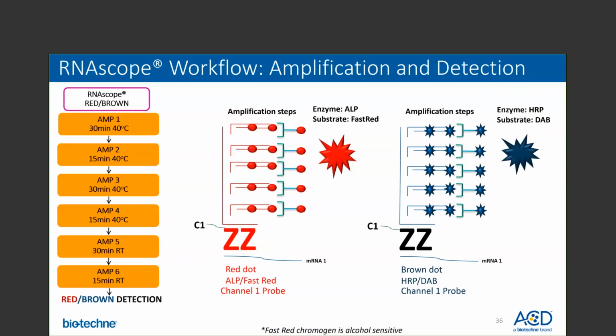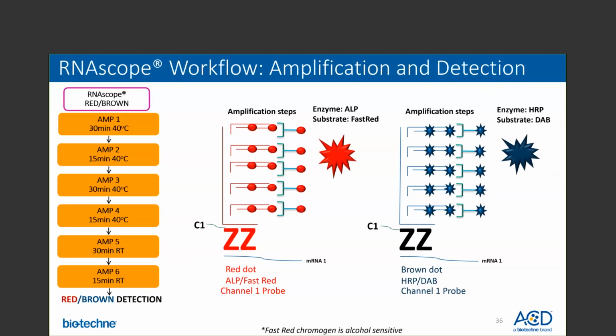For all RNAscope and BaseScope assays, please note that the times and temperatures vary during these steps, and it is important that these conditions be followed. For instance, in this case, AMP5 and AMP6 require that they be carried out at room temperature and not at 40C. For all RNAscope and BaseScope assays, it is important to carry out all of the AMP steps